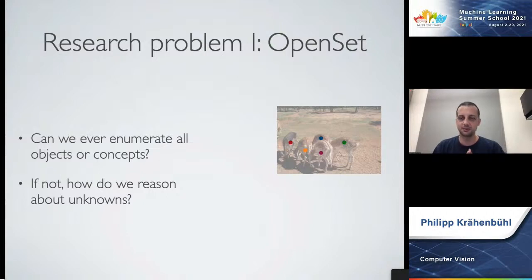There's lots of interesting problems there. For example, how do you reason about things that are unknowns? There are different categories of unknowns. How do you reason about the fact that you know it's an object, but you don't know what it is? Or how do you reason about even knowing if this is an object or not, the core definition of objects.